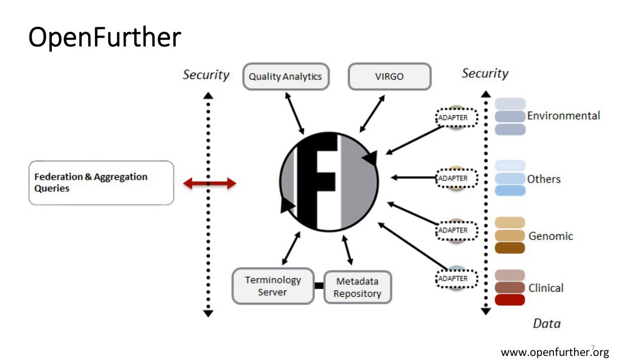From there, we help to then leverage more of that stuff with quality analytics, so we can then even learn more about what the data sources have to offer based on the metadata, and then using some metrics of how the data is organized. And the Virgo thing at the top is an on-the-fly matching algorithm for unique patients. Totally separate thing, but does require harmonized demographics and other things to be used within an algorithm to match patients.